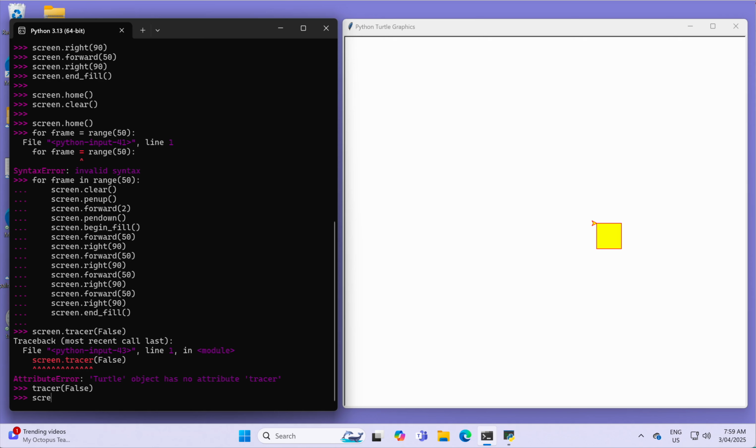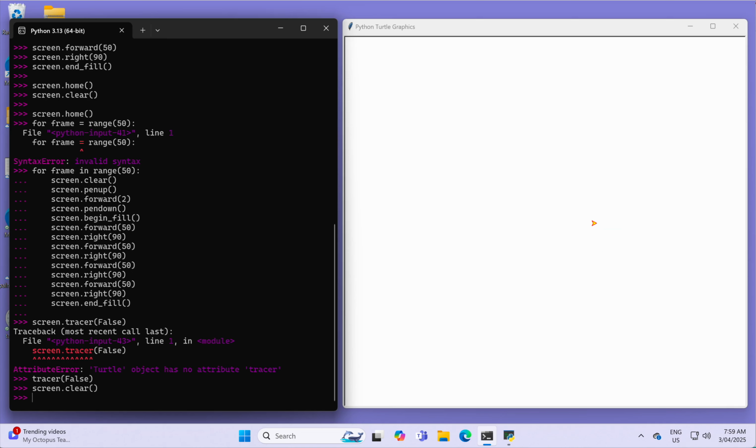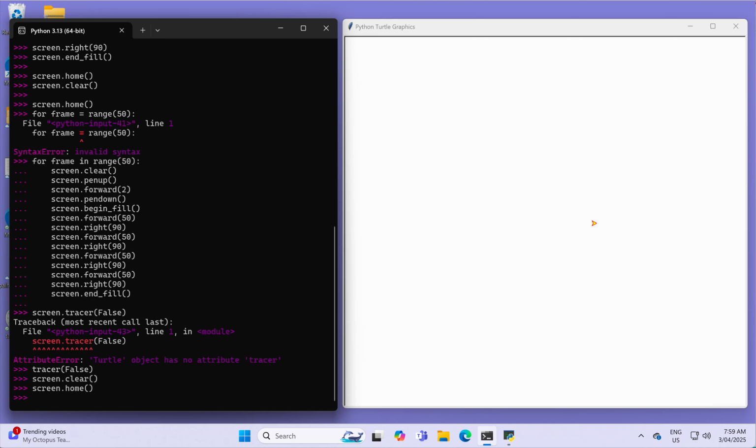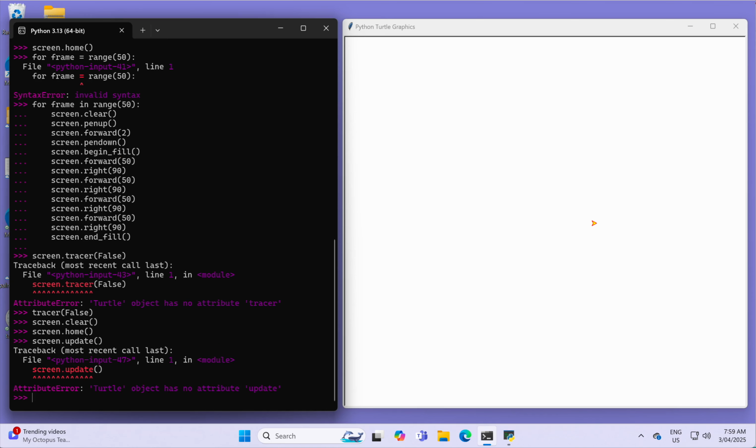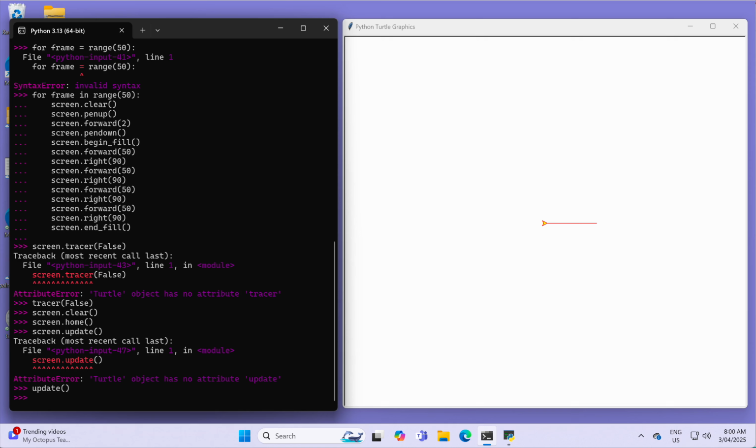So if we do screen dot clear now, and then screen dot home, nothing appears to happen till we do screen dot update. And we can see there that suddenly we can see the results of the last command. Making a few of those mistakes this time. So some commands operate on screen, some of them need to do. So just to recap there,